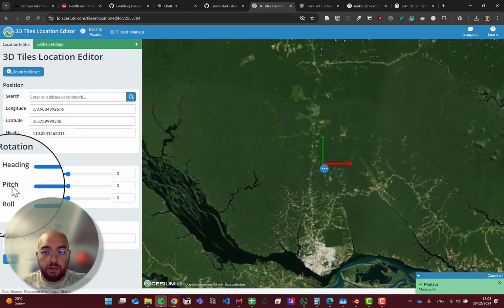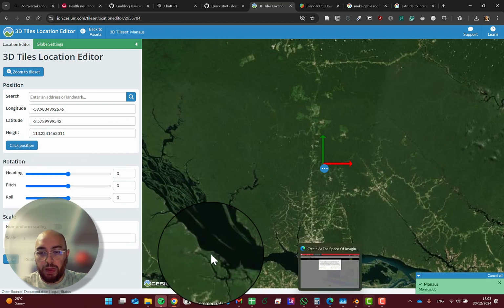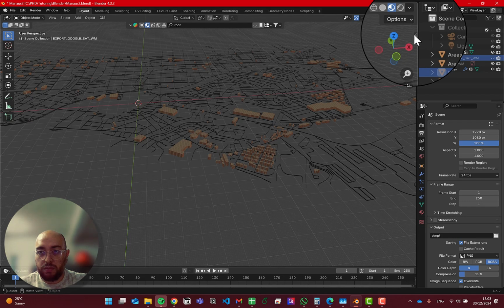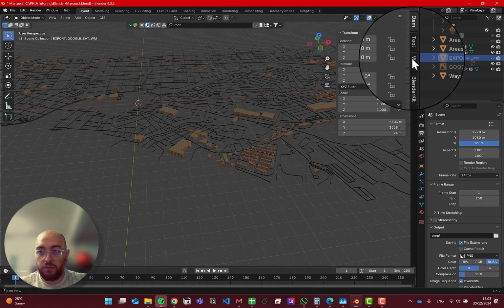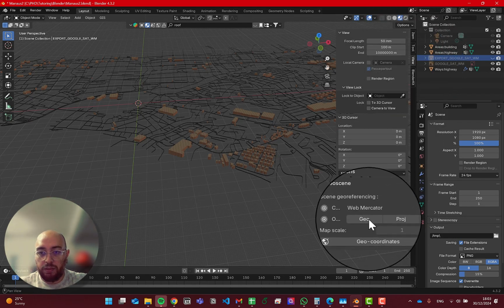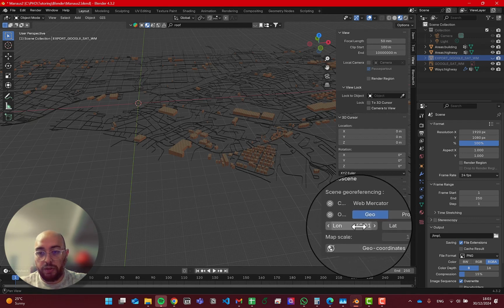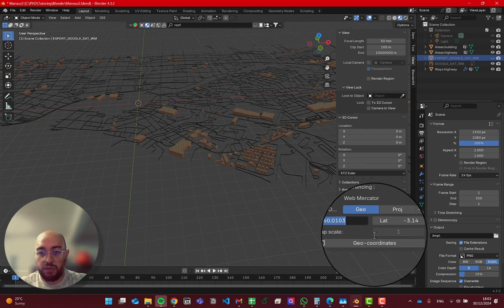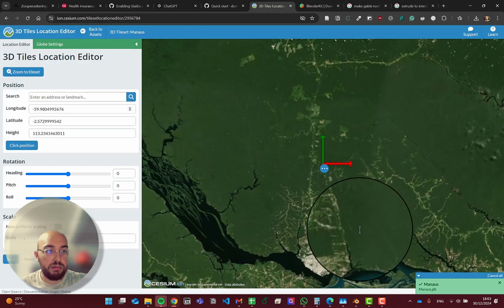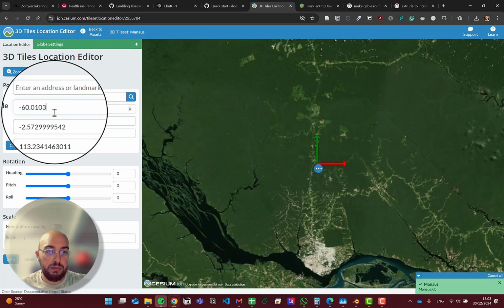And by default, it tried to put some coordinates of the center of what you were searching, but I'm going to correct that in Blender by going to View. And here in the geo scene, you can activate this geo. This comes from the Blender GIS plugin. So you can see here the coordinates of your model, and I'm just going to copy both coordinates, both latitude and longitude,